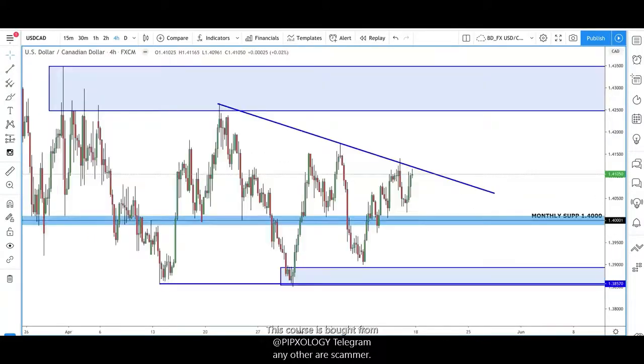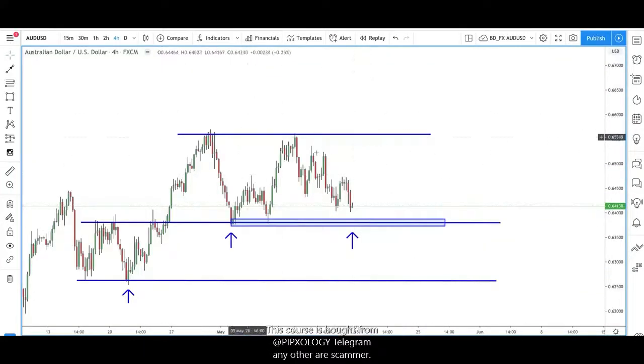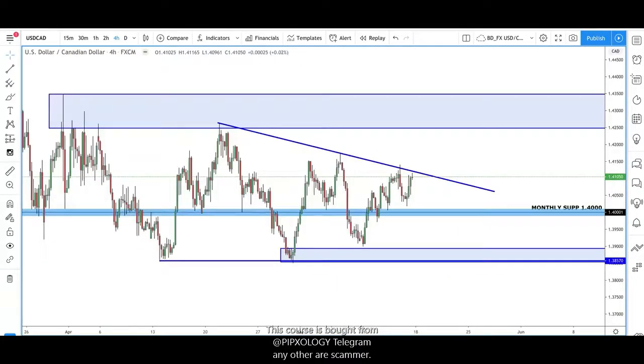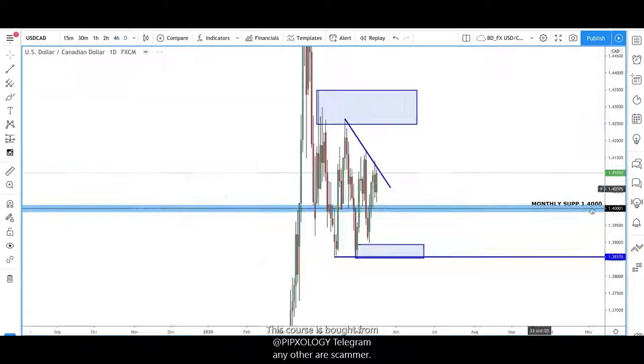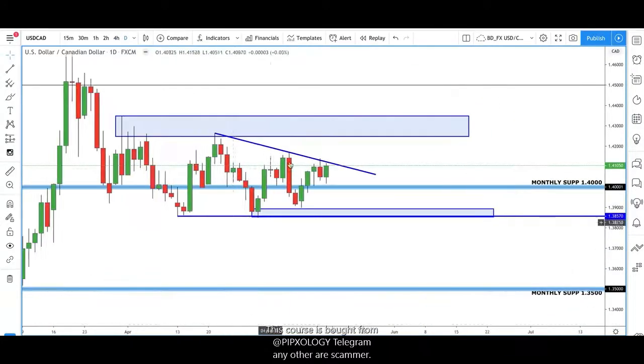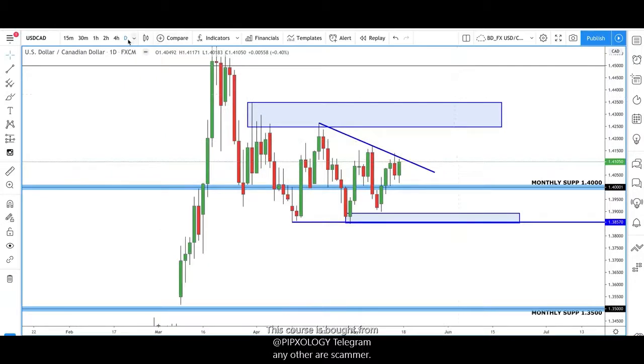And USD CAD. Now with USD CAD and Aussie dollar, US dollar, as I said, we don't really know which way Aussie dollar is going to go just yet. This area is going to be very, very important. But with USD CAD, I've been calling this area highlighted here a strong daily sell level. A few weeks ago we were looking at price popping up into this level and hitting this, and this is where we're going to be looking for a big swing trade. Since then we've been going down, up, down. You see here, bearish engulfing, bullish engulfing.